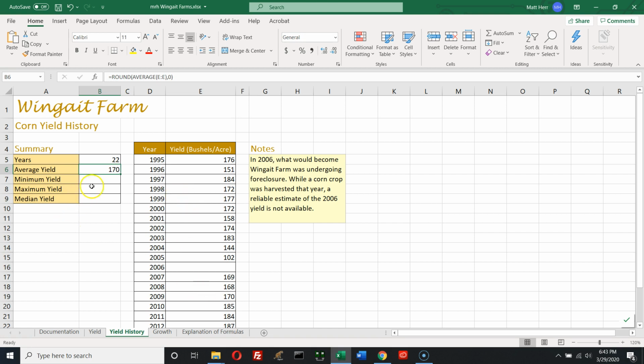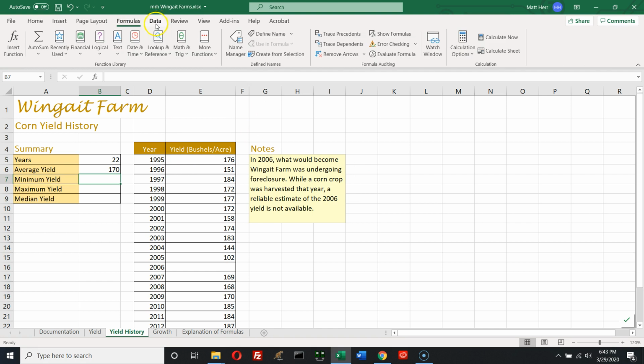So we're going to make cell B7 the active cell, the minimum yield. And that's step 1. Okay, page 146. And now they want you to click on the Formulas tab in the ribbon. Humor me with this because you're going to find other ways to do this. This is more of an